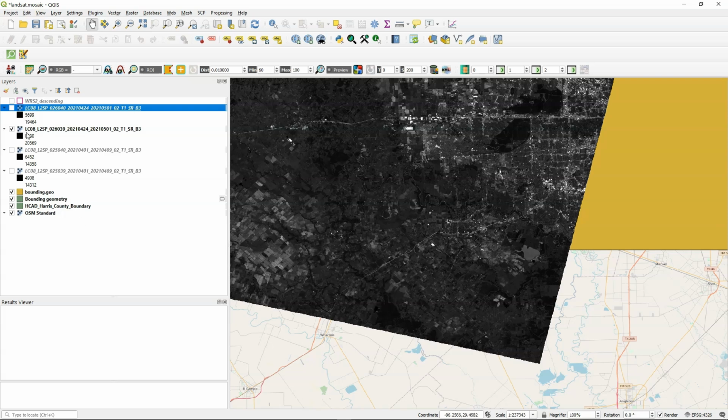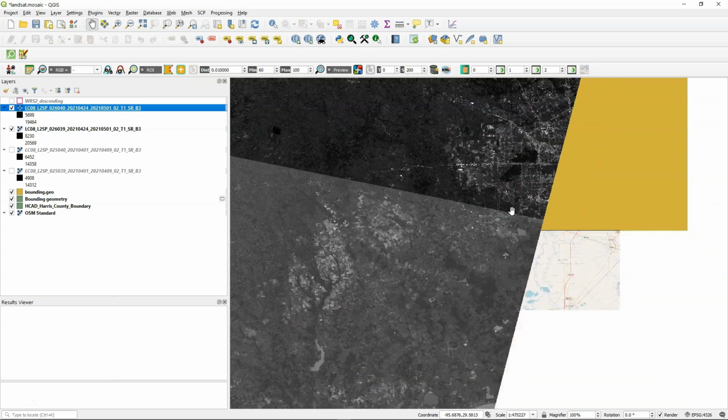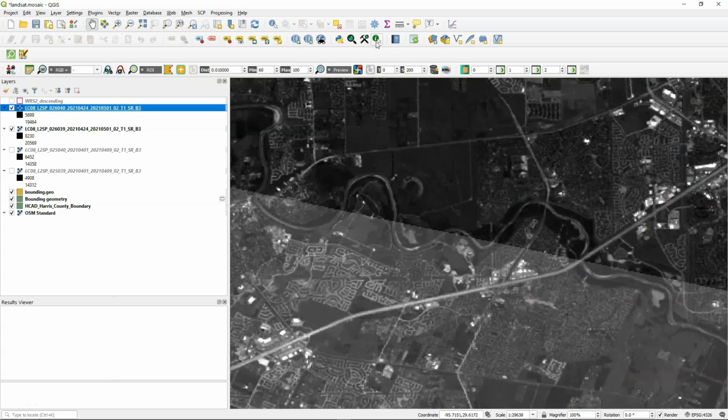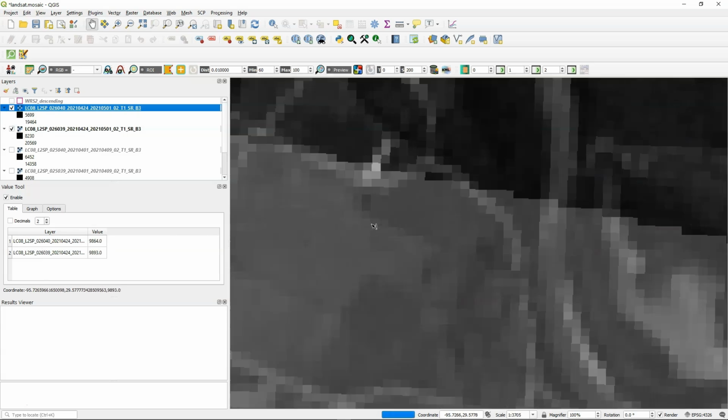Okay, so what we need to do is specify how we are going to bring the overlapping cell values into the final composite. Let's do a quick test here. Let's use our value tool. I'm going to click on the value tool, and I have 2 tiles up and running right now. If I zoom over these, we can see that the tile values are very similar between the